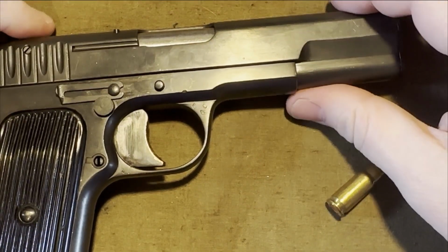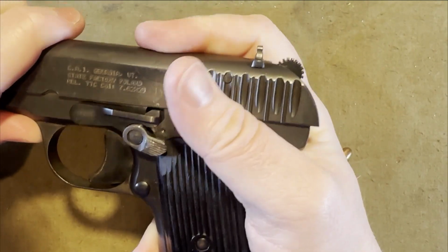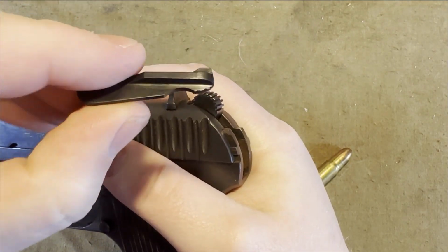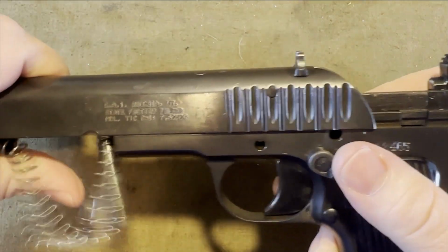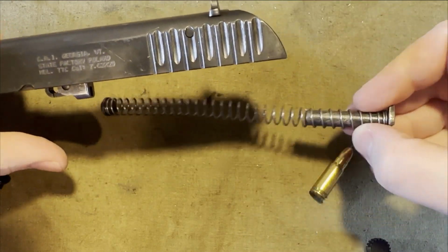Pull it off the rest of the way. Slightly pull back the slide, which will let you pop out the slide release. Careful that it doesn't spin around. Also, you can see the slide release was cut to make room for the safety as well. This will allow the slide to come off, and you may want to hold the spring because it can fly